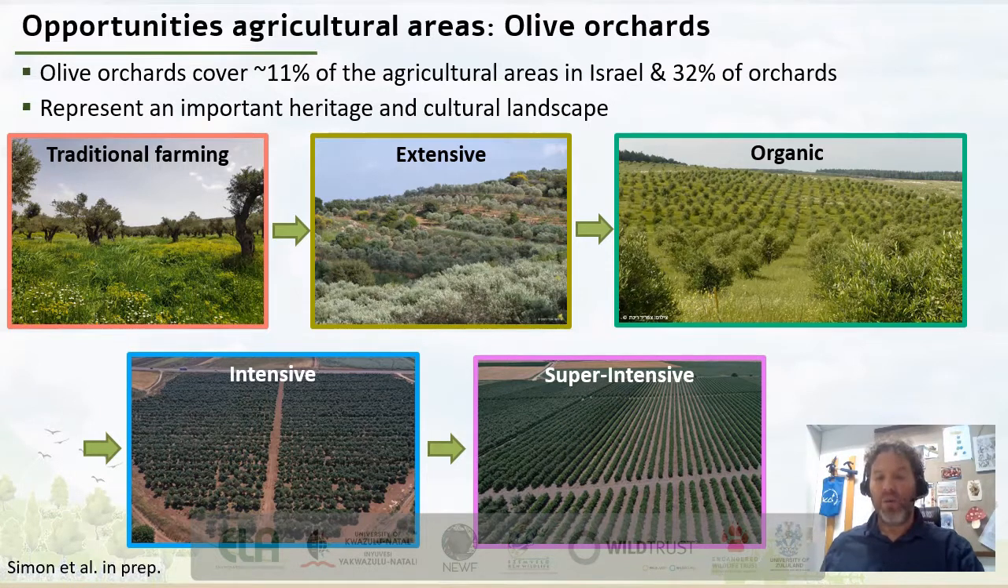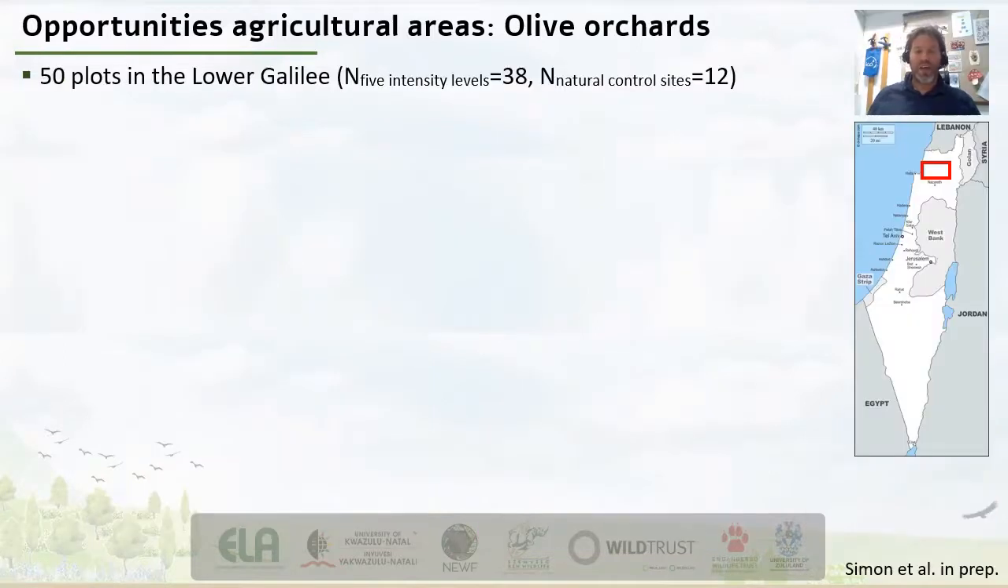There are more and more organic orchards. Again, here there is irrigation, but of course using organic practices, so no chemicals, and the intensive and even today super intensive agriculture in olives that is meant only for product with a lot of inputs, a lot of chemicals, almost nothing grows there. So we wanted to compare these different levels of intensity, and we picked 50 plots